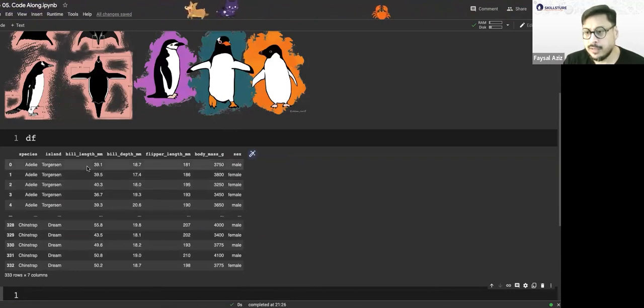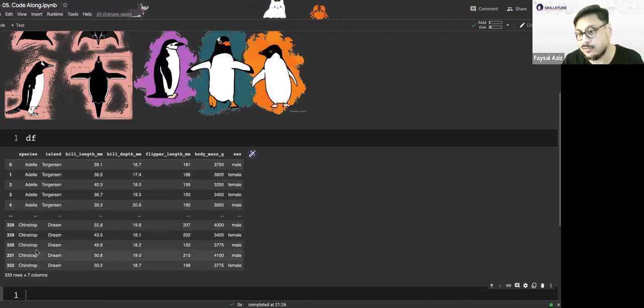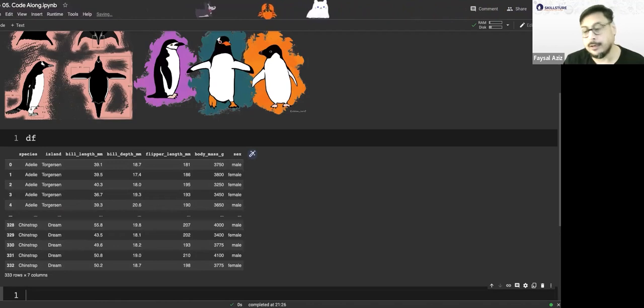So look at this. It says the species Adelie, it's on this island. There's a bill length, a bill depth, a flipper length, and a body mass, and this is the gender. Based on these, they did not predict, they actually just wrote it down. They actually measured everything and wrote down this is this species and this is that species. Okay, which is great.